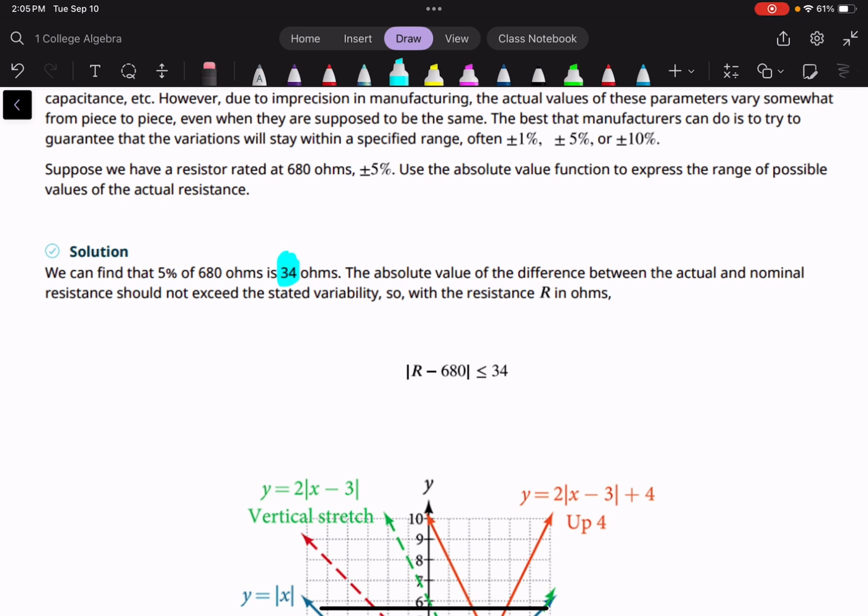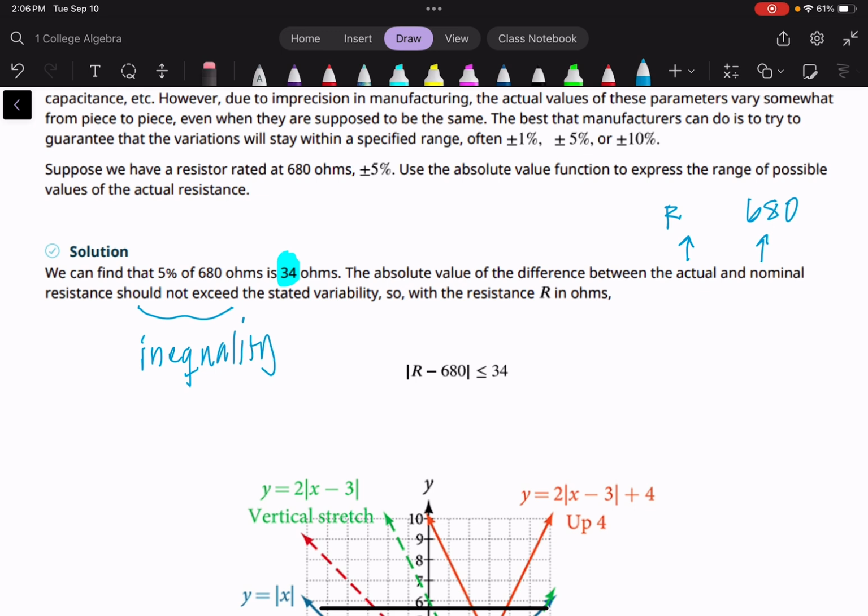And so remember, the absolute value is the difference on the number line. And so we want to know the difference between the actual resistance of this thing, which we'll denote with R, and the nominal resistance, which we've defined to be 680. That's what we say it should be. It should not exceed the stated variability. And so should not exceed, that screams inequality,